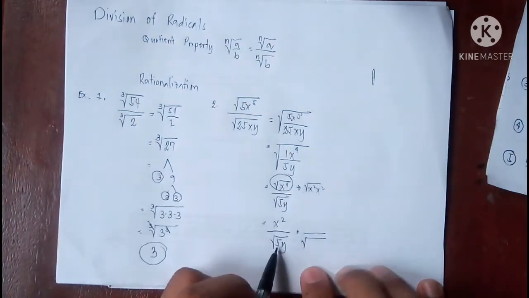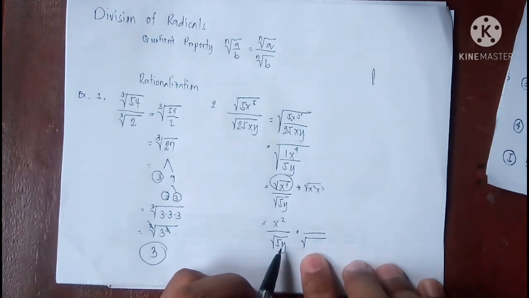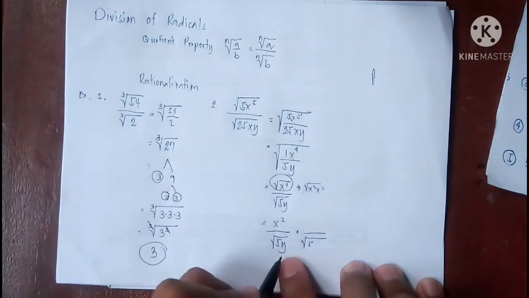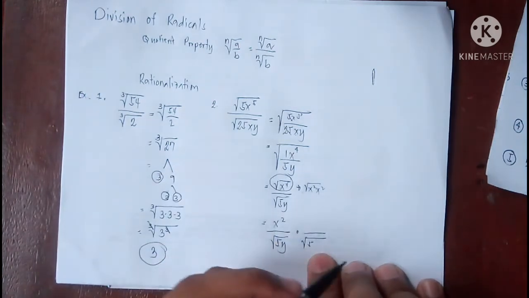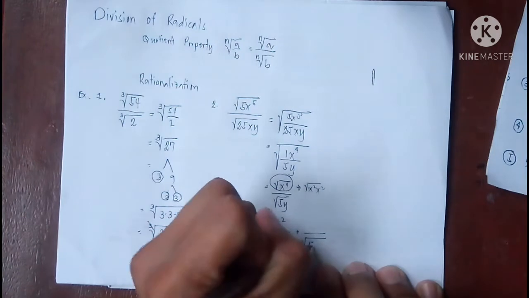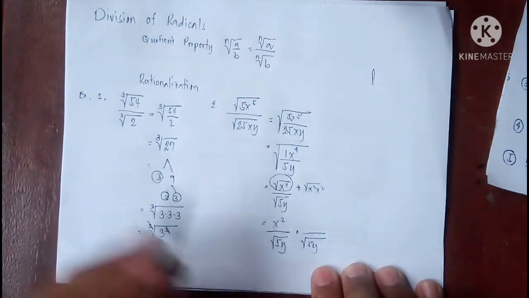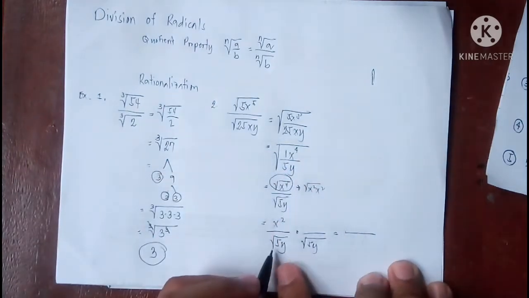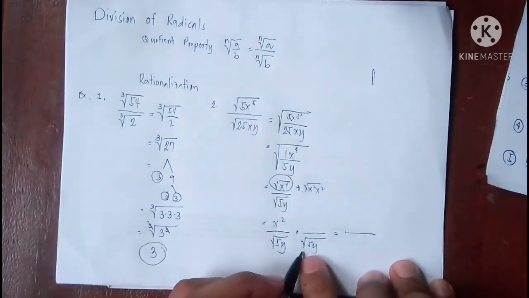So kung 5 ito, imumultiply dapat natin siya by 5 para magkaroon tayo ng 25, kasi ang 25 ay perfect square. Ang y naman, magiging perfect square yan kung ito ay y squared. So ibig sabihin, kulang siya ng isa pang y. Ayan. So dito, kung titignan natin, 5y times 5, square root of 5y times square root of 5y,